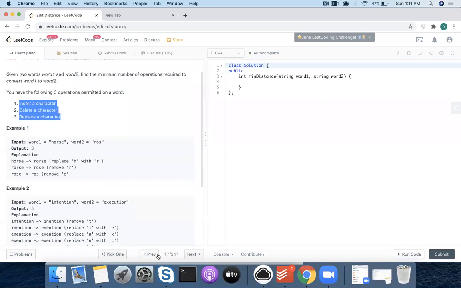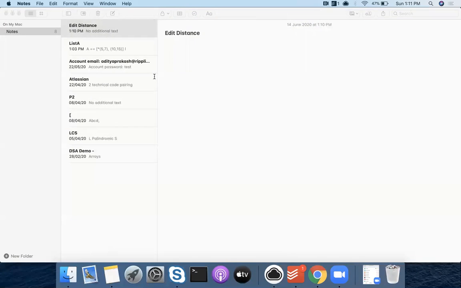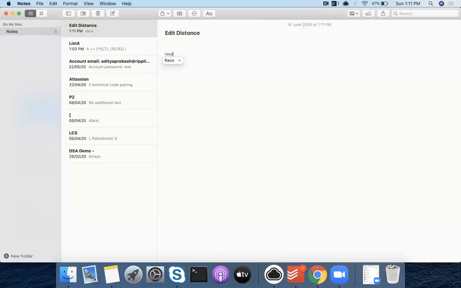Now we'll give you an example. Let's see, race and ace, right? And the operations permitted are insert, delete, and replace. So what do I mean by insert?